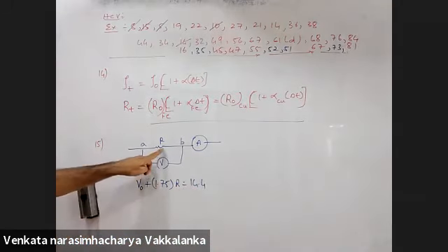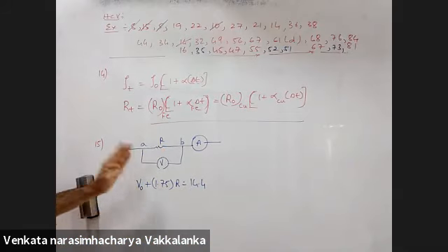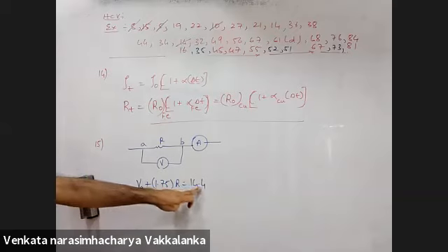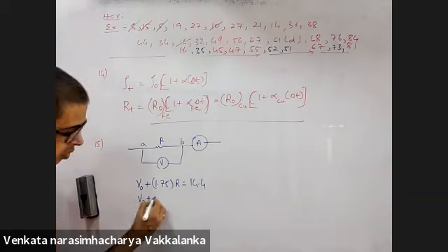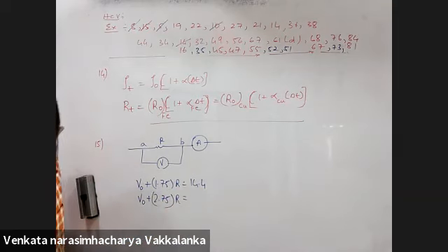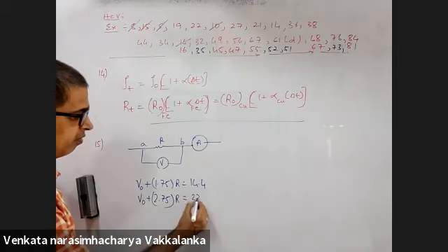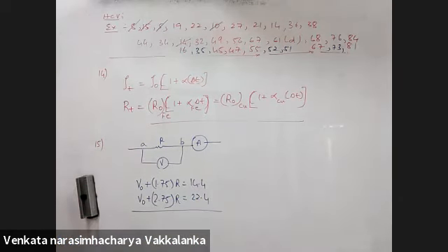When there is no current through this, it shows some value called V0. That V0 plus the potential difference is the reading shown now. Similarly, V0 plus what is the current? 2.75. 2.75 into R is how much? 22.4. This is what is being given. Two equations and two variables. Can you calculate the error V0 in it?